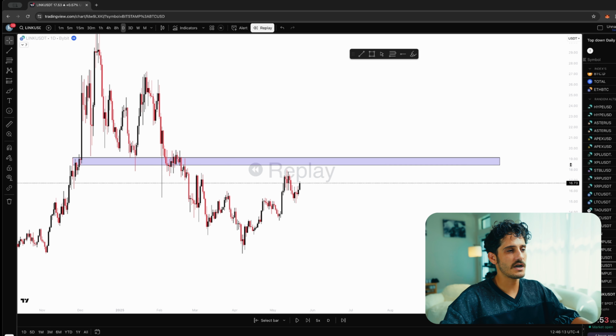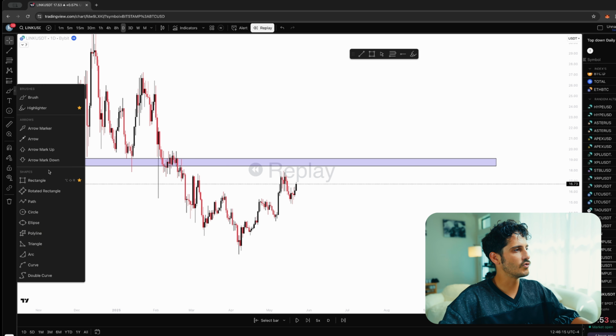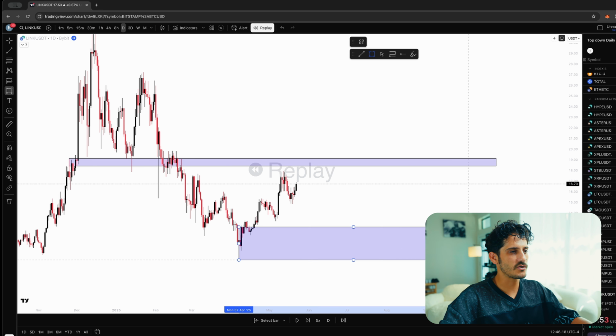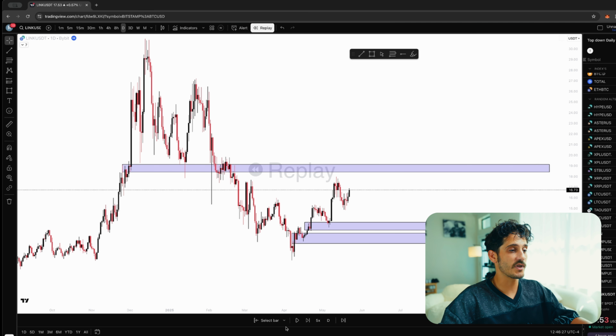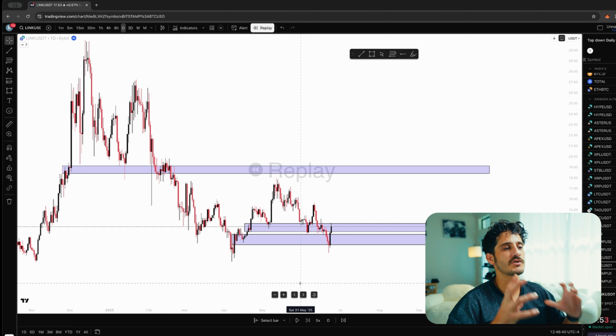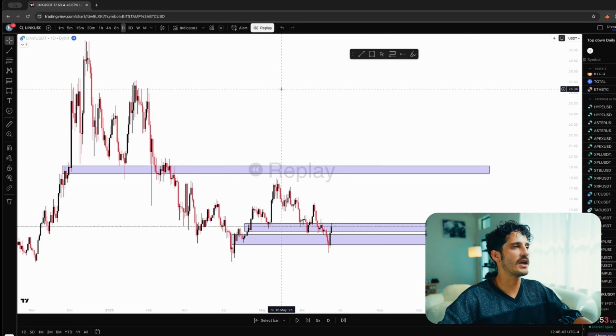And I want to point these out, guys, because I'm going to draw out my rectangles for these levels of demand and see how price reacts. And these are your order blocks. These are what you're gonna play if price is trading around, you're not in a play and you want something intraday. The main reason that I'm showing these levels is because intraday, when I'm looking for a long, let's say